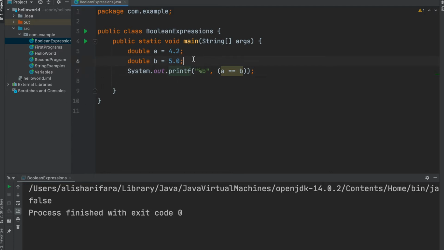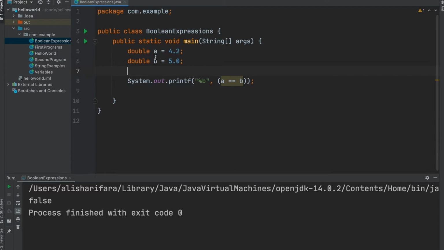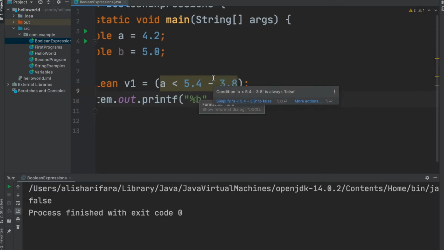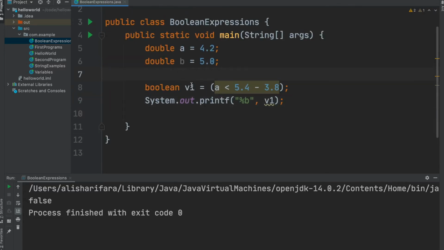All right, another example. Let's say we have A and B here, and I'm going to introduce another Boolean variable. And this time I'm going to use parentheses. I'm going to write here 5.4 minus, let's say, 3.8. And finally, we want to print the value of V1. So in this example, we have A and B, but we haven't used B here. We just have A. A is 4.2, and here we have one